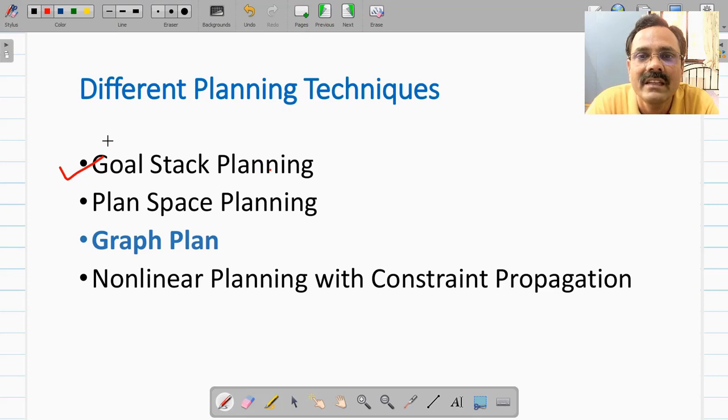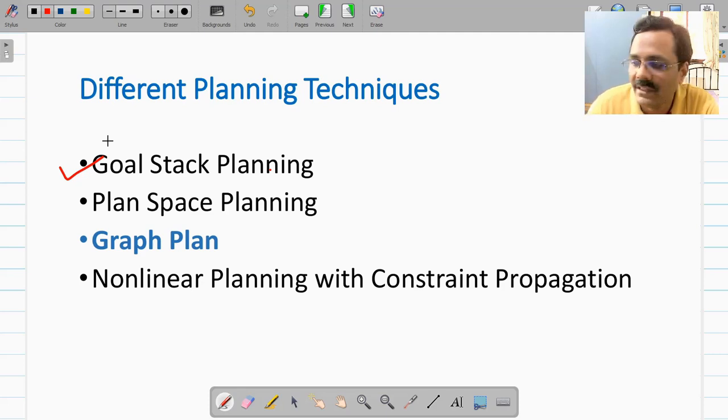So it's a linear planning technique where sub-goals are achieved one by one in a specific order. Therefore, we call it linear planning technique. Sometimes it may not be possible for us to work on these sub-goals in a specific order. In that particular case, there is a possibility that we may choose a wrong sub-goal. So that may not result in a planning solution.